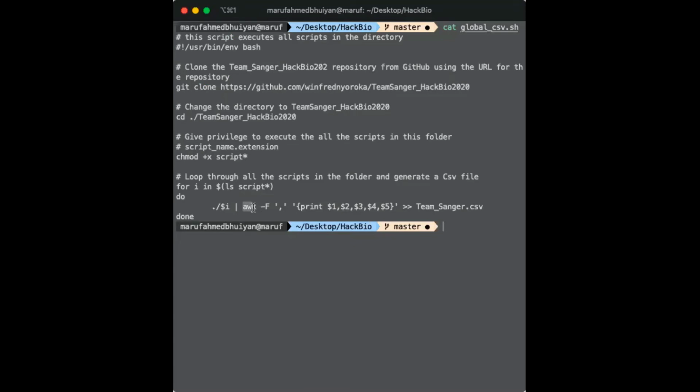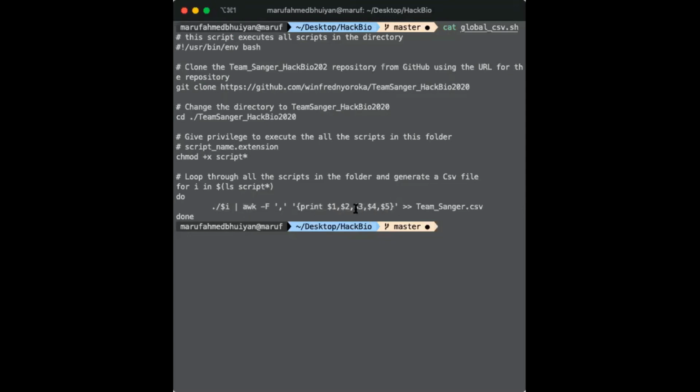So as you can see here, awk. awk actually is a scripting language that is used for data processing and text manipulation, and we're giving the index number which will be executed in this command,